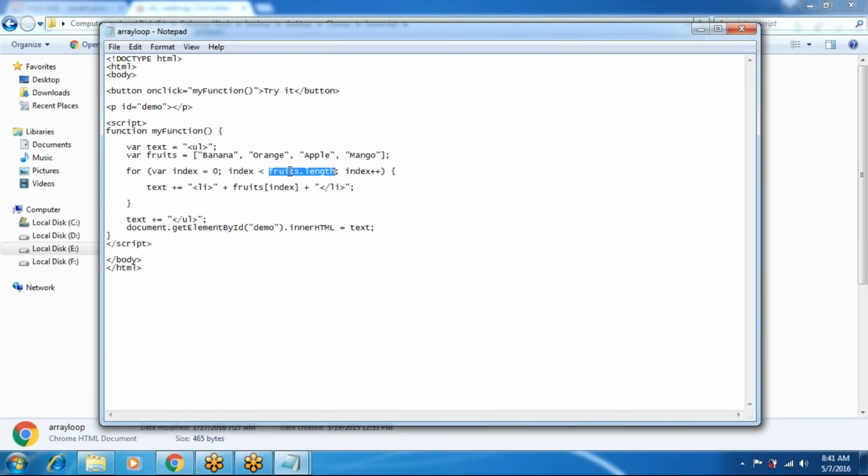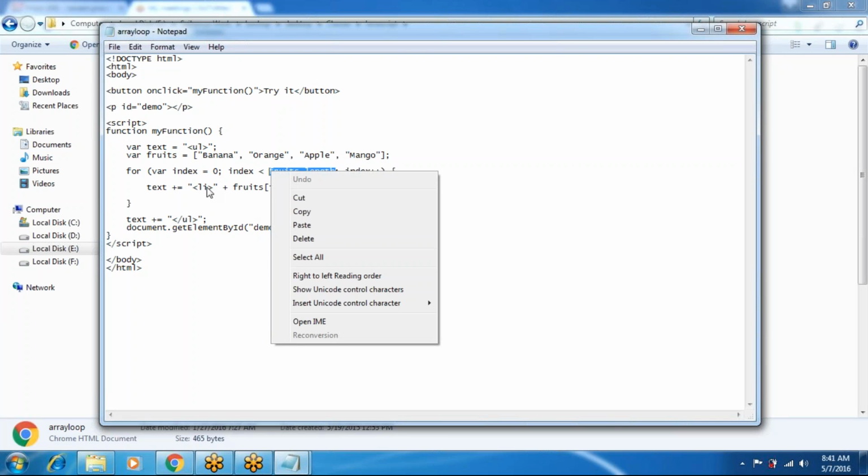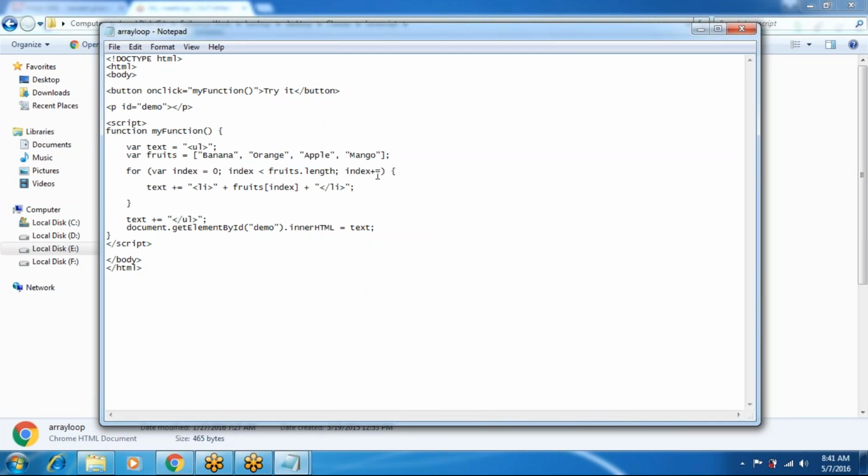So fruits dot length means you will get how many fruits there are. Here 4 fruits are there, so it will get a 4 value here, and index plus plus. So here text plus equal to list item fruits of index. So the first time the index value is 0, so you will get fruits of 0, which is banana.